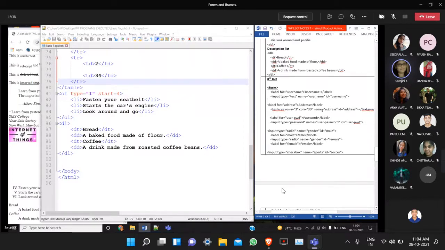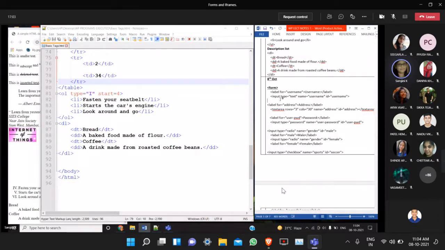So now, the name attribute. With the name attribute you give a unique name for each and every element. For example, within one form, it's not necessary to use only one text box. You may use more than one text box also.